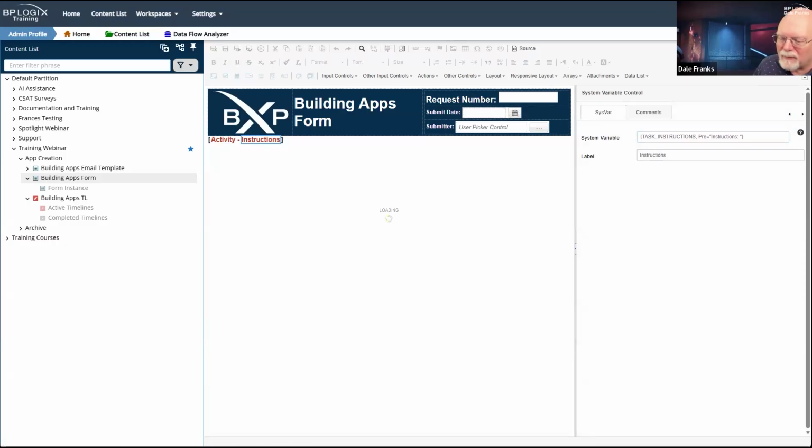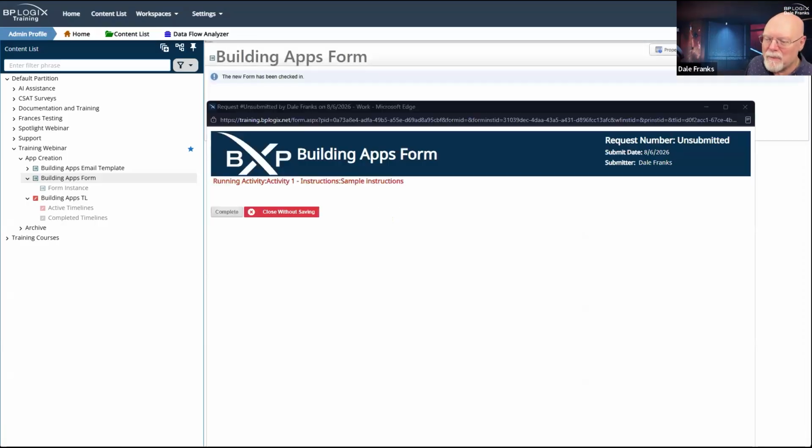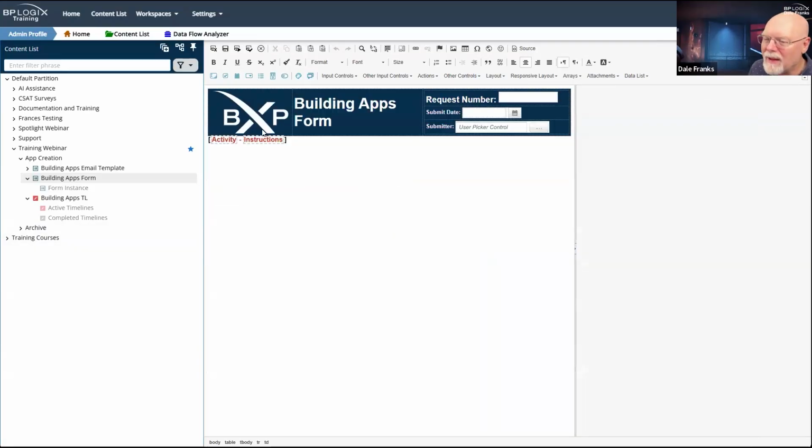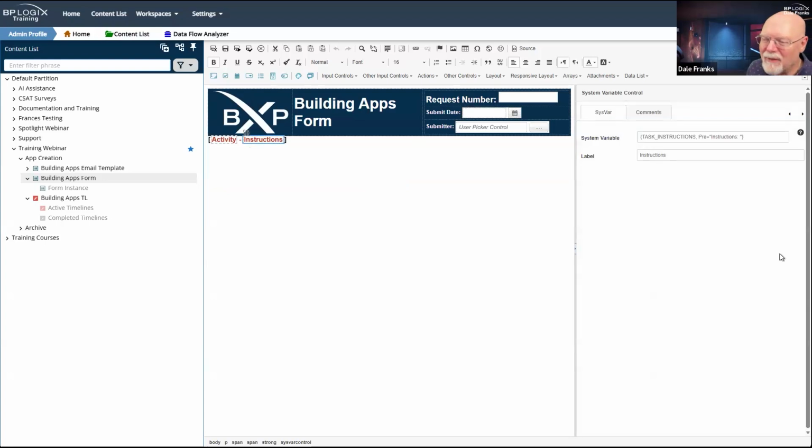Let's save my form again. Let's refresh. Nope, that doesn't give it to me. Spaces in instructions in the pre and post are tricky. And sometimes it takes a minute.